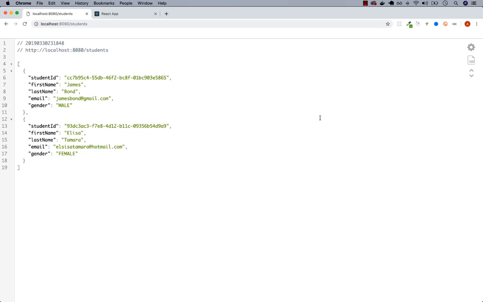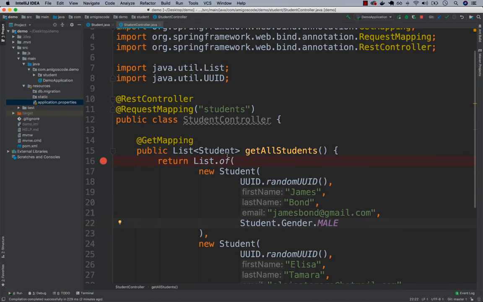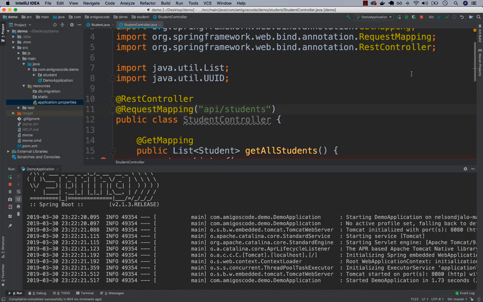All right, before we move to the next section, let me go ahead and fix this API endpoint right here. So basically, you can see that in order for us to get a list of students, we have configured this endpoint right here using Spring Boot. So this requests mapping to students, right? Usually what you tend to do is to actually have /api and then /students. So I could do this, and if I restart my server